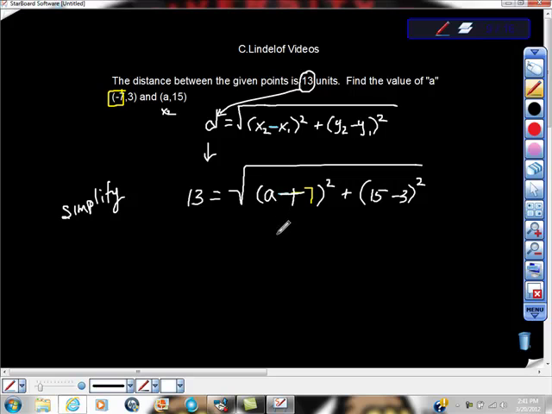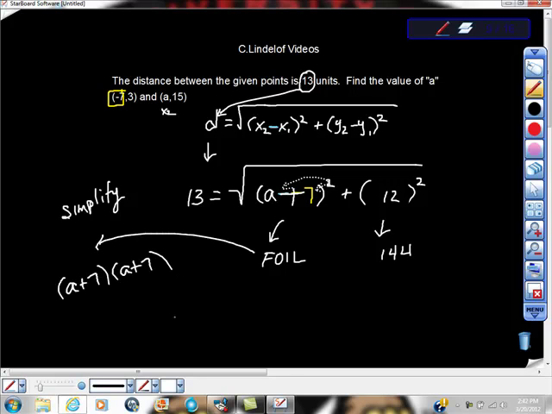So now we have this. Now you just have to be brave and FOIL this thing out, right? FOIL this and simplify this. Well, we know that 15 minus 3 is 12, right? And 12 squared is 144, isn't it? When you FOIL out a plus 7 times a plus 7, please remember, a little cautionary tale here, you cannot do this. You can't do that. It doesn't work, right? Exponents are not distributive across addition. So what you have to do is a plus 7 times a plus 7,